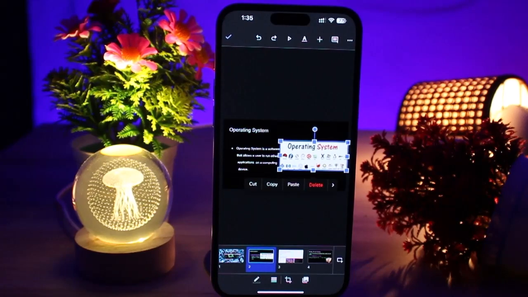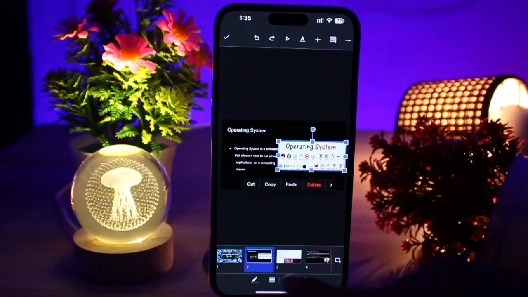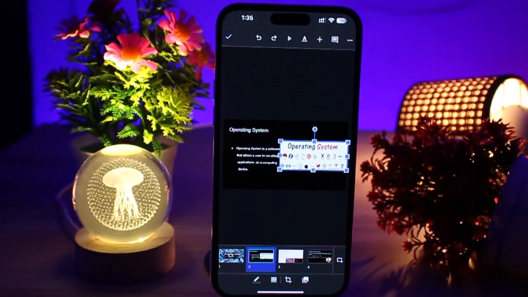Use Google Photos or any background remover app to make your image transparent. You can use it through Google and search for background remover and insert the image there to get a transparent background image. Now save the edited image to your device and go back to Google Slides and tap the plus